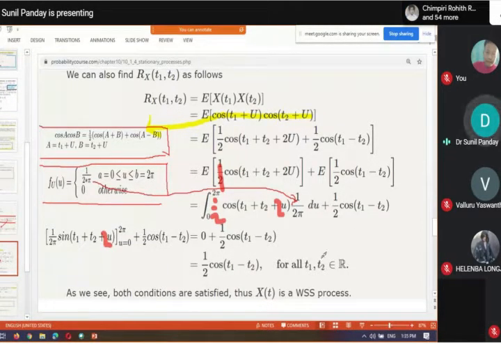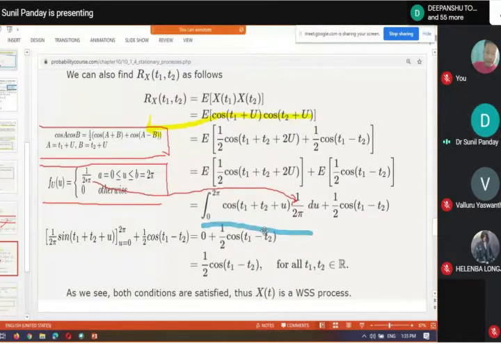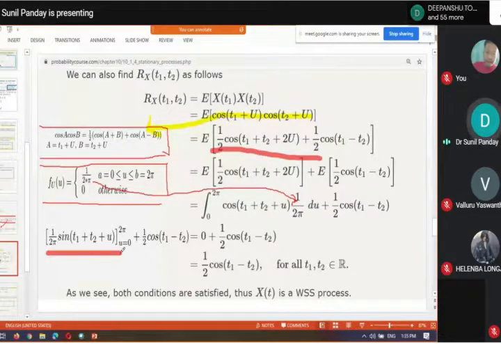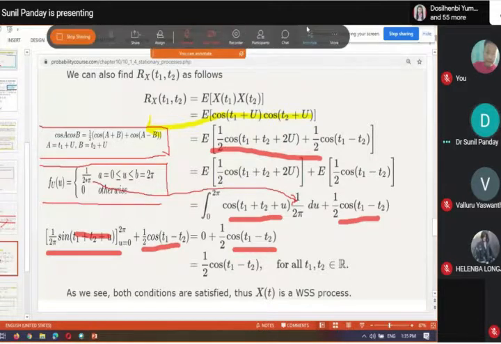So after integration, it's a calculation mistake. You check from here. It's only integration, so you have to do the integration, and after integration you will find that this part is 0, and you will remain with only this part. And this part is a function of the time difference t1 minus t2. So be careful in the exam. If this question is there, don't copy like this because it's wrong, or you will get 0. So you have to do the calculation by yourself.